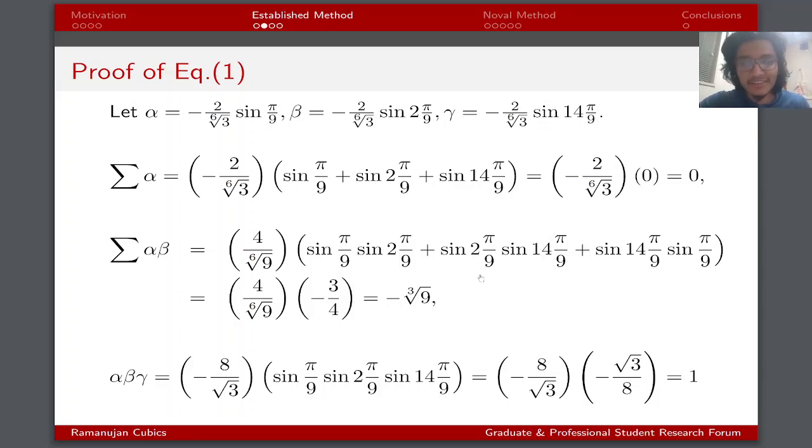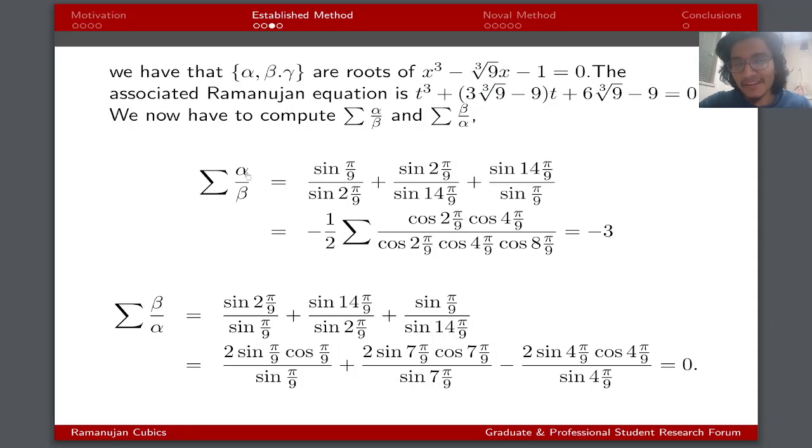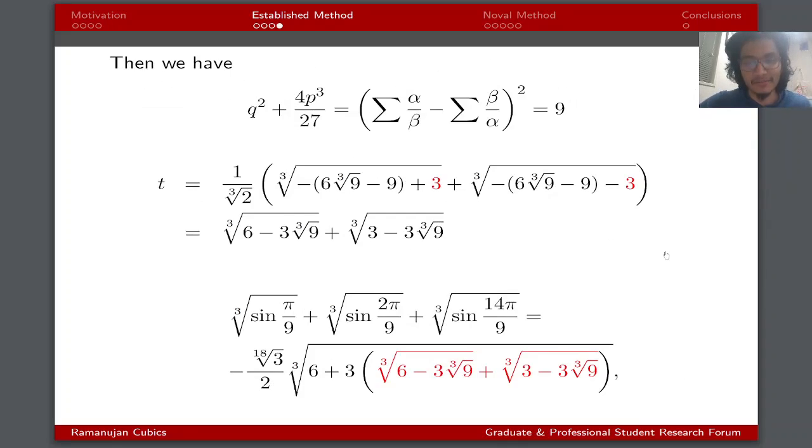And this is really the shortcoming of Wong's style, or Wong's proof, okay? Because it doesn't even end there. We need to calculate alpha over beta, which is negative 3, and beta over alpha, which goes to 0, right? But again, seeing that this bottom chunk of the equation is equal to 0 is very difficult. And so we do all of this work to get a 9, which will plug into the formula,